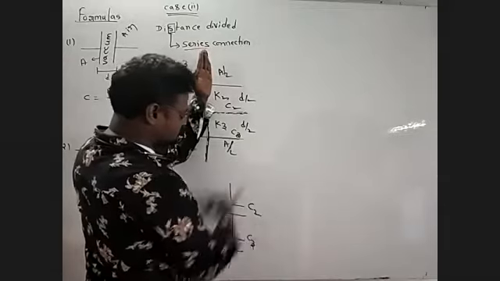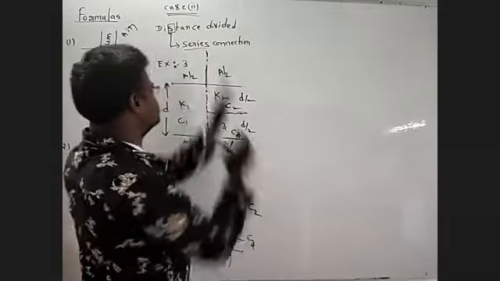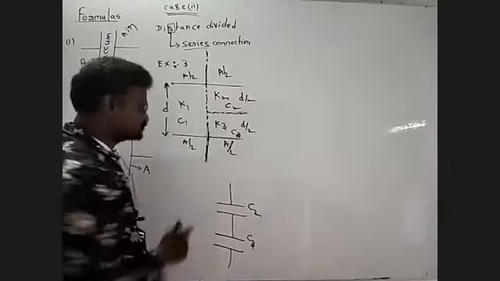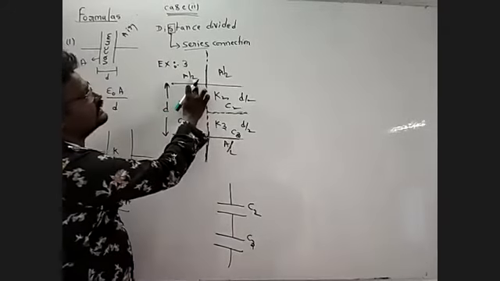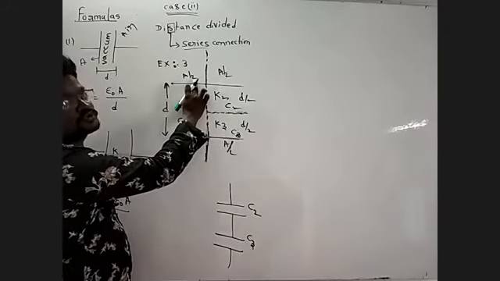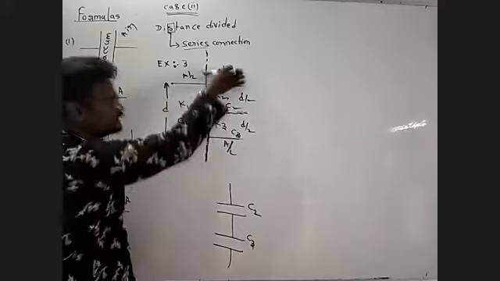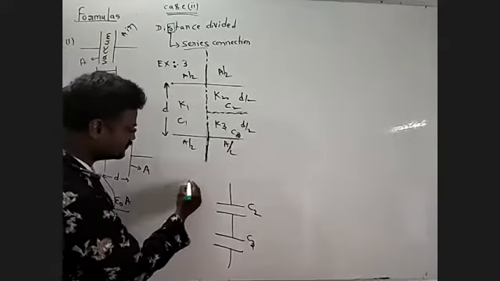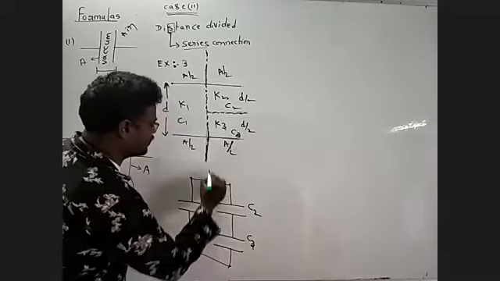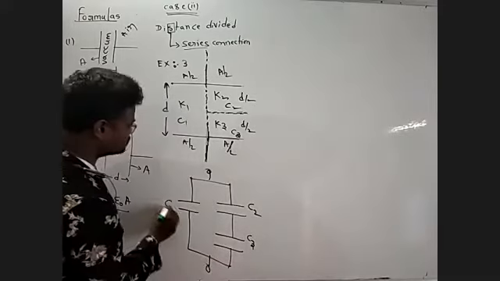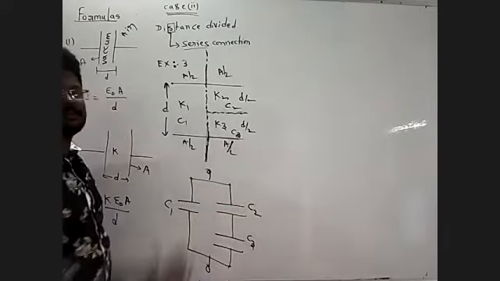C2, C3 capacitors taken together as one capacitor. This is C1, taken as one capacitor. The two are in a parallel connection. Why? Because the area can be divided into two equal parts. This entire capacitor is taken as two capacitors, and the two are in parallel connection. Now this is the C1 capacitor, C2 capacitor, C3 capacitor.